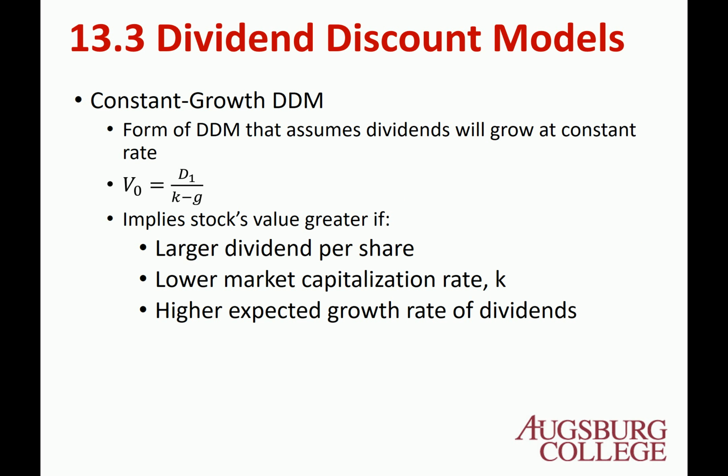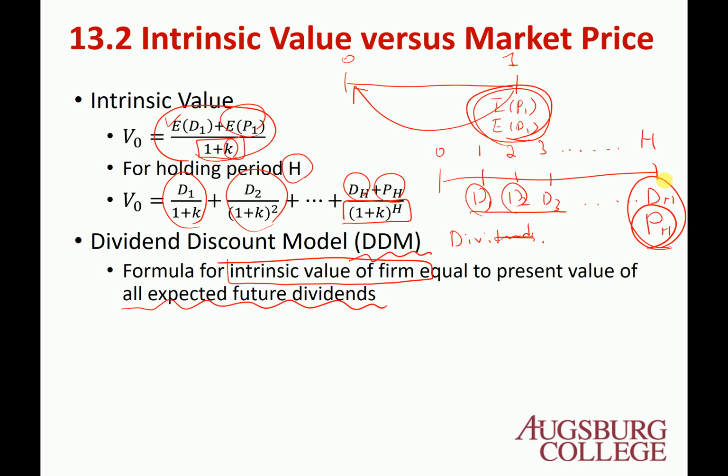But one problem is that we cannot actually just calculate the present value of all future dividends because we don't know h. Here we have a certain h, but we cannot expect any h here. So really this is kind of an infinite problem. Suppose as long as the firm survives, you hold the stock, then the maximum length of the holding period will be infinite. So this infinite problem really cannot be solved